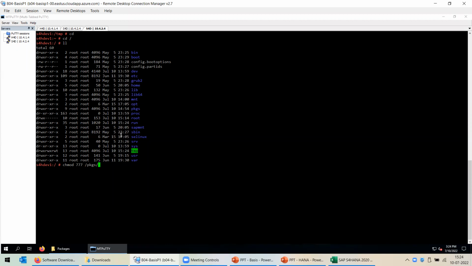Now, for example, if an ABC user goes inside the /pkgs directory, he creates a file, for example a TMP file. Any other user, an XYZ user, can go inside the pkgs directory and delete that file because he also has read, write, execute permission. But instead of that, if you put a sticky bit,